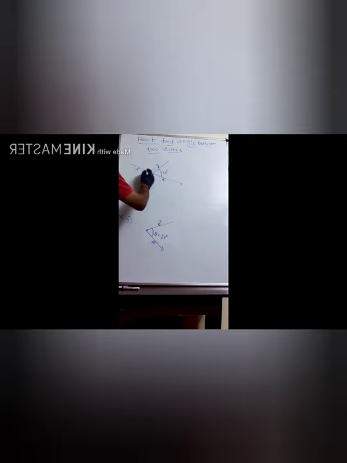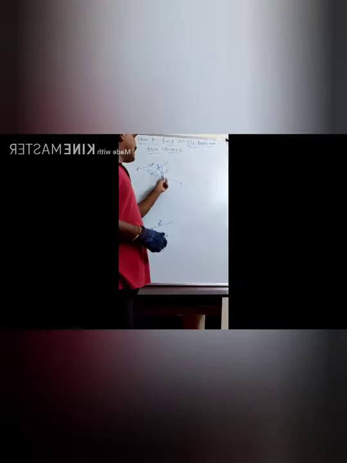So what about this angle? We know that this is parallel. What is the angle? 180. Then this is 30 degrees. Then what is the angle between A bar and B bar right now? This is 150 degrees. Now what is the angle between A bar and B bar? 150 degrees, not 30 degrees.